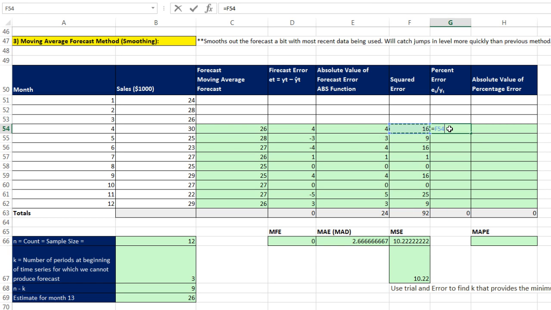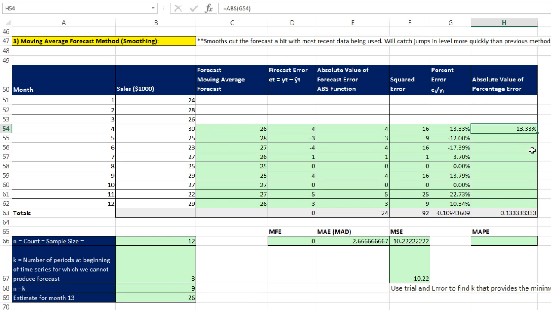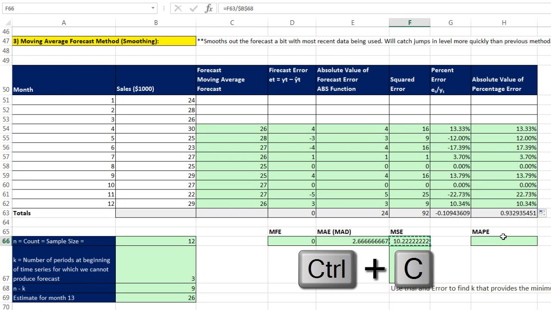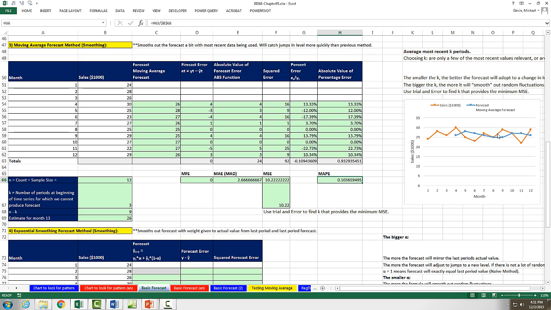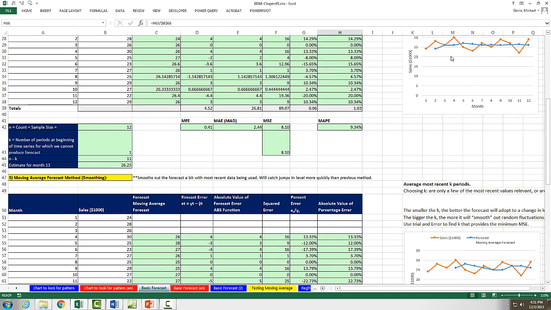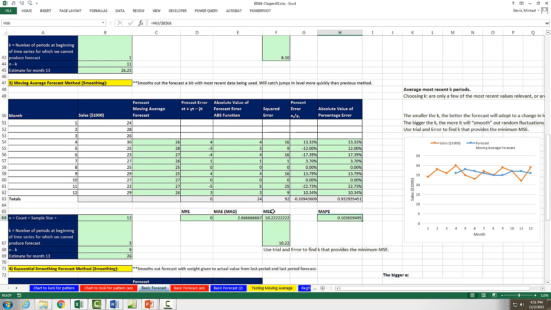Our percent equals the forecast error divided by our actual value. I can copy that down. Equals ABS. Control Enter and copy it down. Now I can come here. I'm actually going to copy Control C and Control V. And of course, that one will work. So there's our relative measure. And we can see here, we started here, and it looks like it's pretty smooth. Now, it looks like this one's probably a little bit smoother. And we can definitely see the error. But again, this moving average will pick up any changes in levels more quickly than